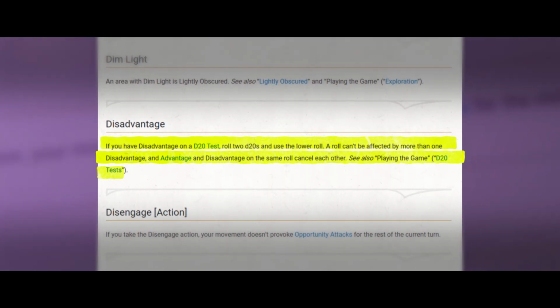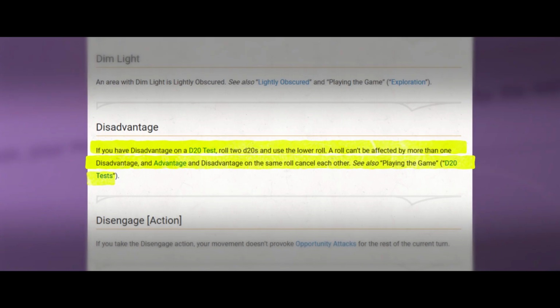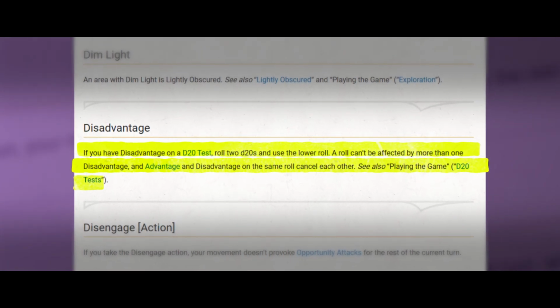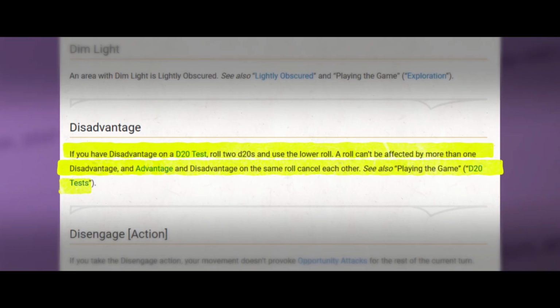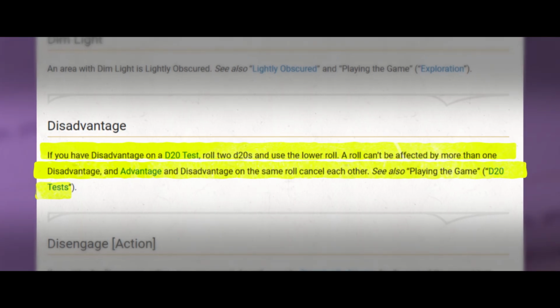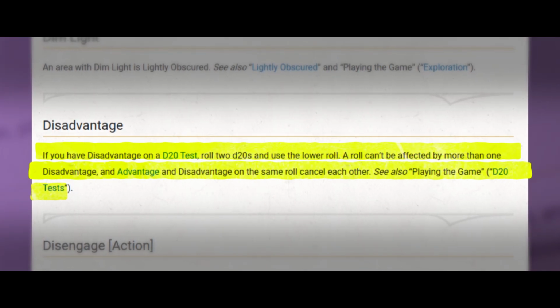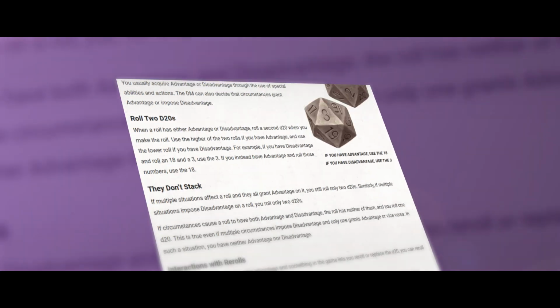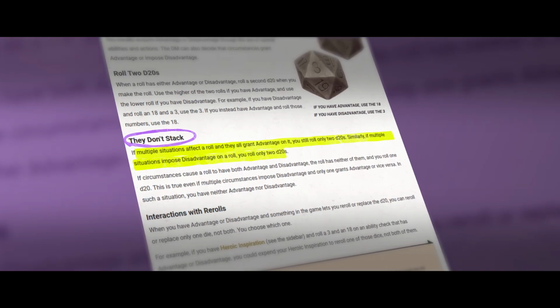Disadvantage is the other side of that. If you have disadvantage on a d20 test, roll 2 d20s and use the lower roll. A roll can't be affected by more than one disadvantage, and advantage and disadvantage on the same roll cancel each other out. Also found in the Player's Handbook on page 12, it reads, if multiple situations affect a roll and